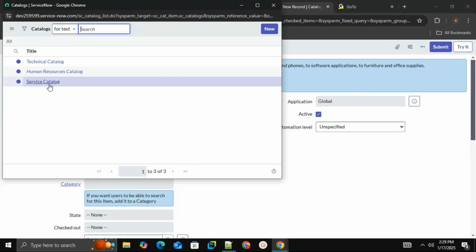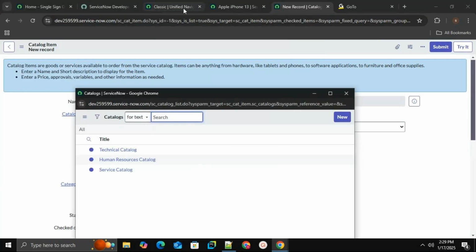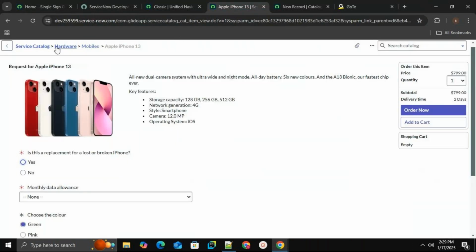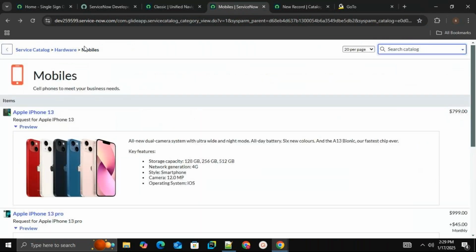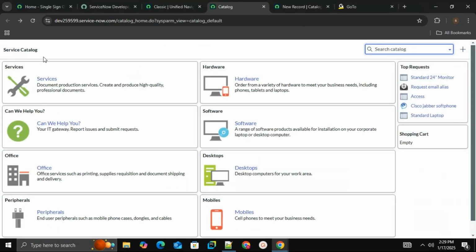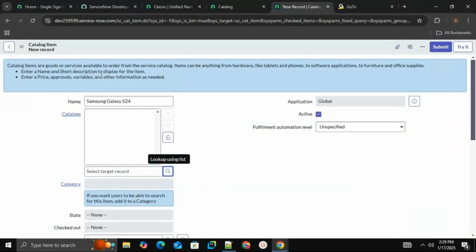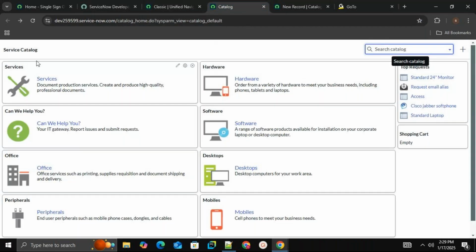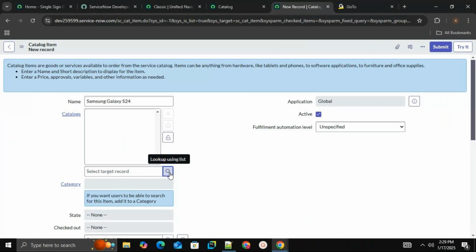Here we are selecting service catalog. When you open this service catalog, you need to select the service catalog here. So select the service catalog,